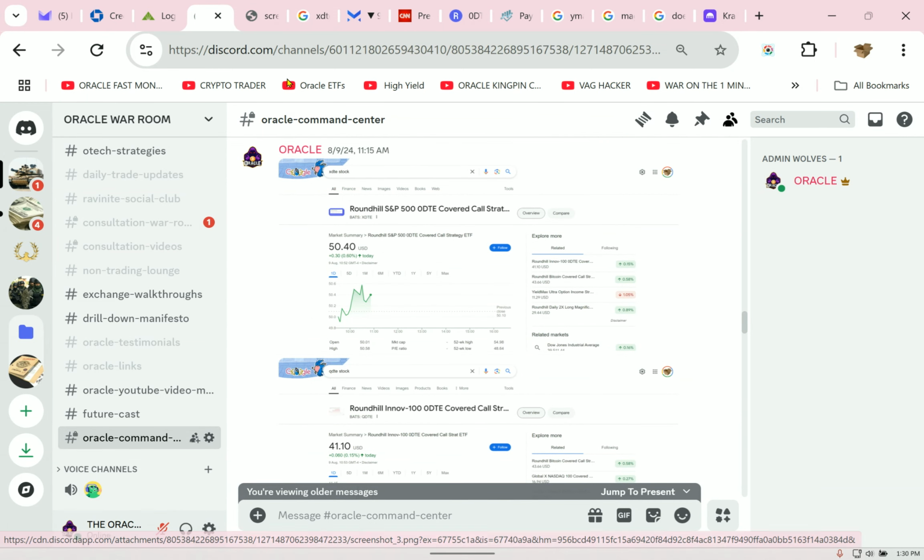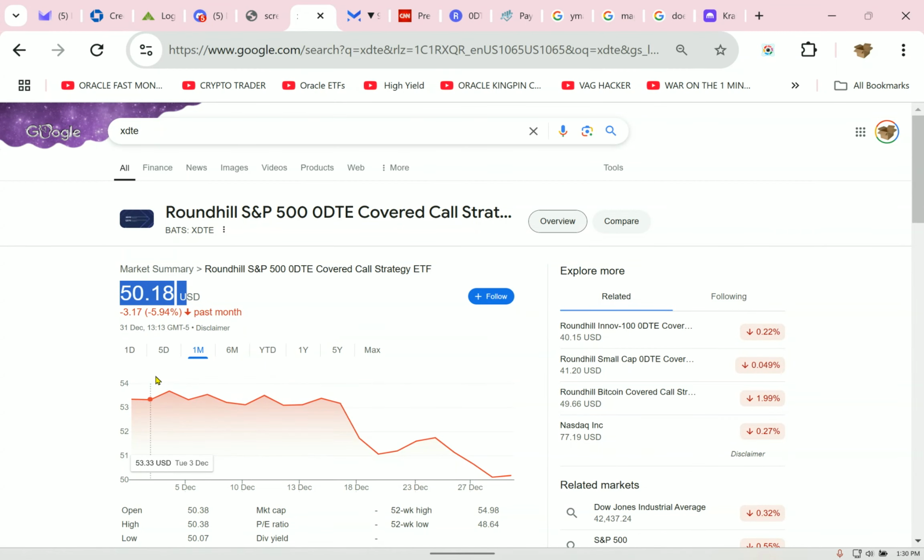So, all of the growth between 50 and 53, okay, here is going to be ignored in their spreadsheets and charts, especially that idiot, the income architect, one of the worst people on YouTube. And please, if they don't show you their portfolio and they live in an RV and they talk a big game, the more cocky they are, the less they have. Everything I show you is with my real money, real tests. So anyway, there is no NAV erosion in XDTE.